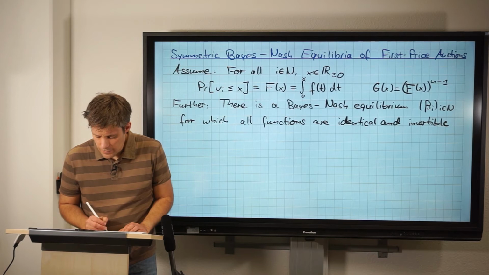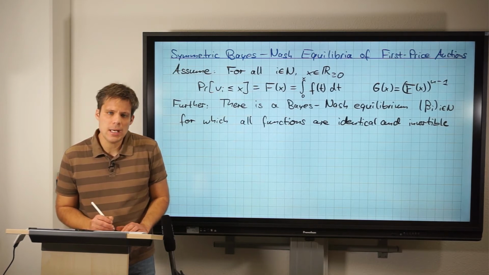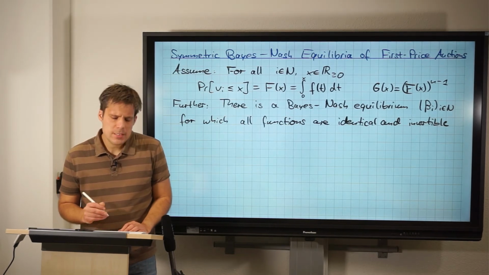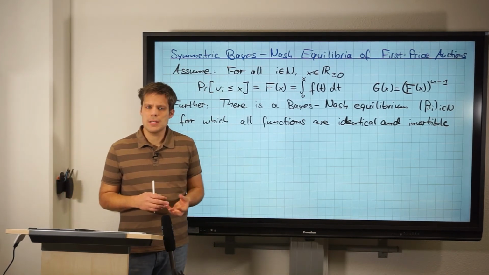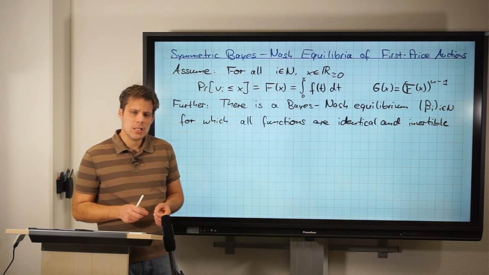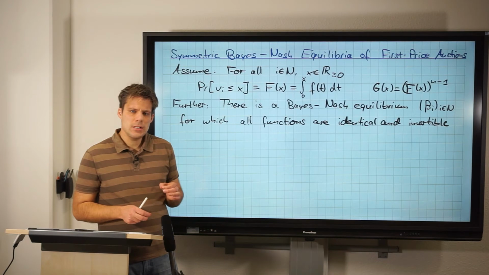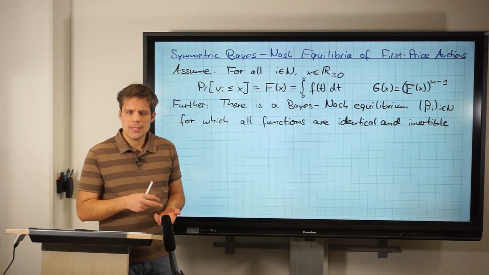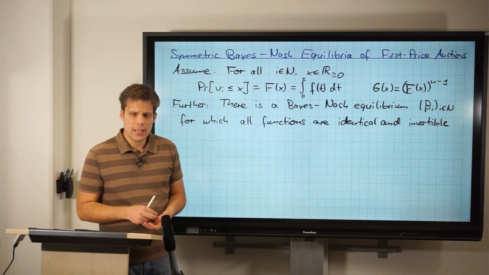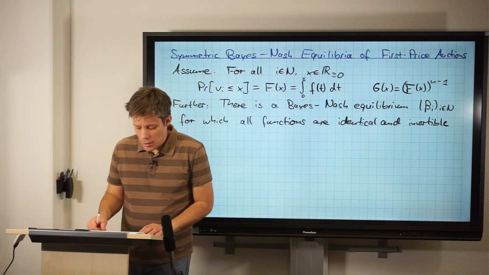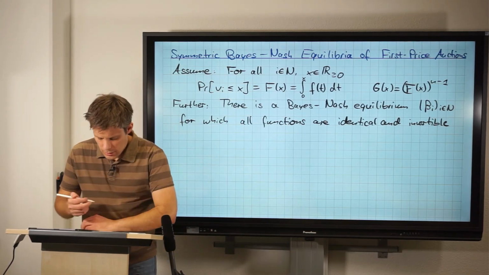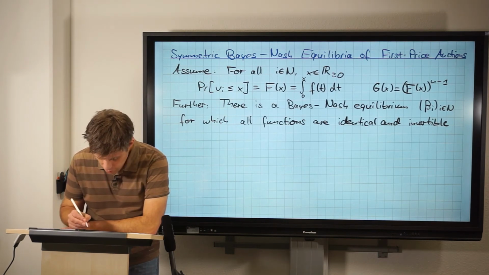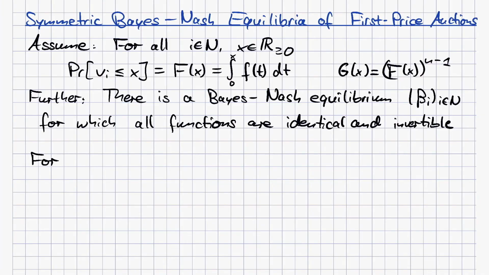This will be useful just as a shorthand later. What do we now have to have for these functions beta I to be a Bayes-Nash equilibrium? Again, we have to have that the equilibrium property is fulfilled, which means that no bidder wants to deviate from what the bidding function is telling them, and this should be true for no vi that they can have, for no possible value. Let's write this down. For all I, vi, and y, we now have